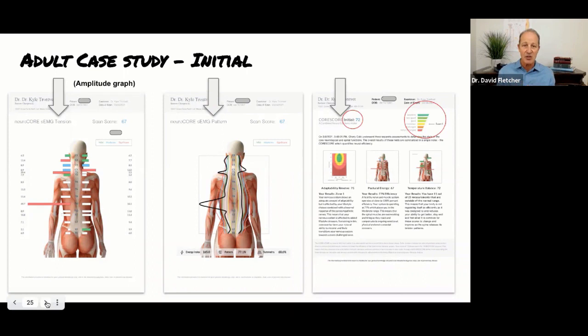So in this first initial study, let's take a look at that. What should catch your attention in this area is obviously the areas under stress, but the grouping of this is particular in the cervical spine. And what did we say that was associated with? Keep your eyes posturally on forward head carriage. This person scored a 67 on the overall energy management.